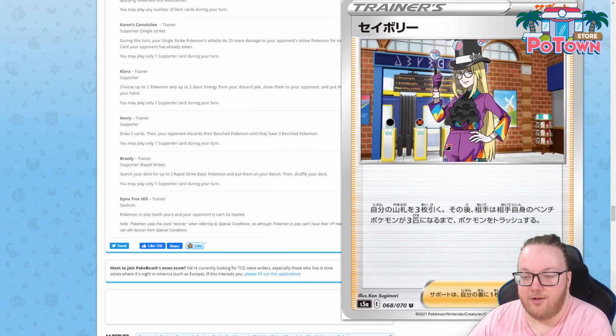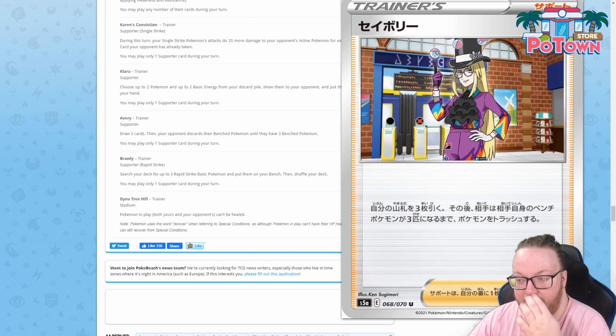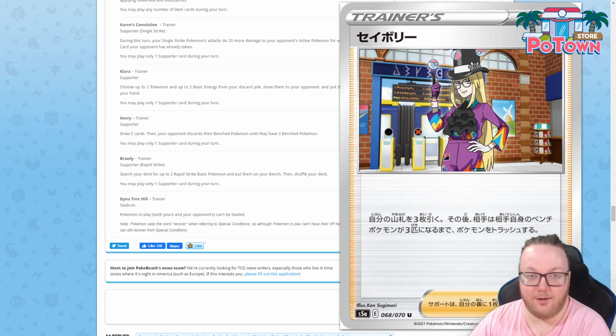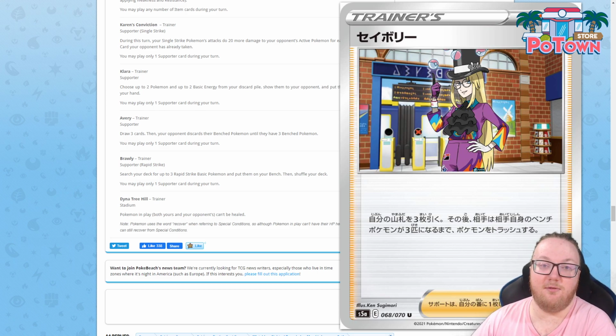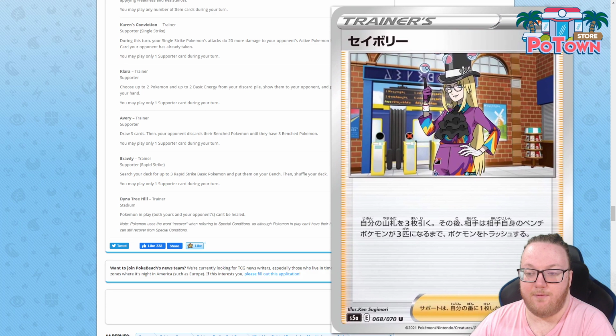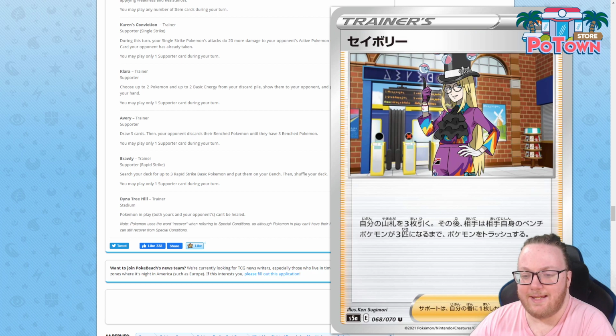Avery, draw 3 cards and your opponent discards their bench Pokemon until they have 3. I don't think this is actually going to be played, although it can counter Eternatus VMAX. Galarian Zapdos is just a better counter to Eternatus. Now I do like having these passive kind of counters to cards and decks, but this is just a garbage